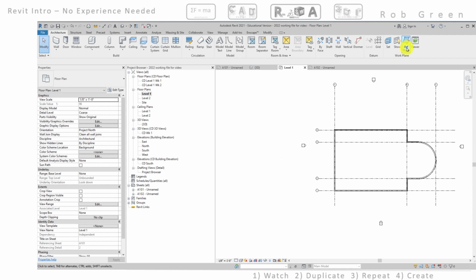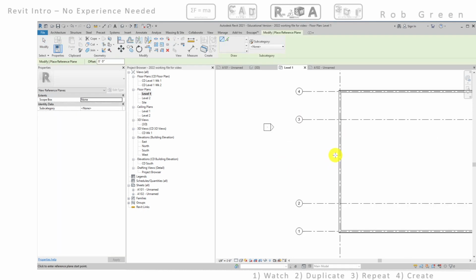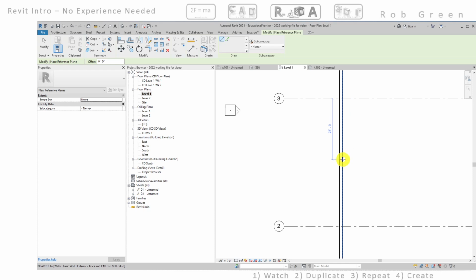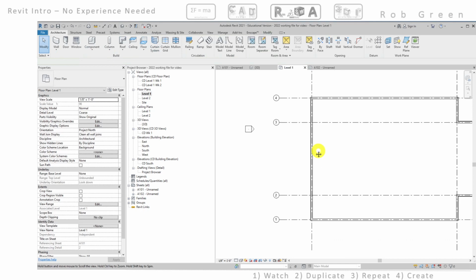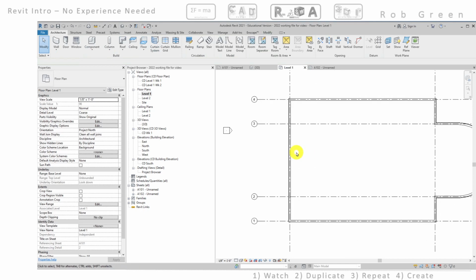The textbook asks us to create a reference plane, and it asks us to snap to a midpoint. So the beauty of Revit is it may be really hard on the screen to see, but if I hover over anywhere near the midpoint of the wall, then I get a midpoint snap. And the textbook tells us that. It's a really straightforward method. So at this point, before I do that, I'm simply going to confirm that I can see what I'm snapping